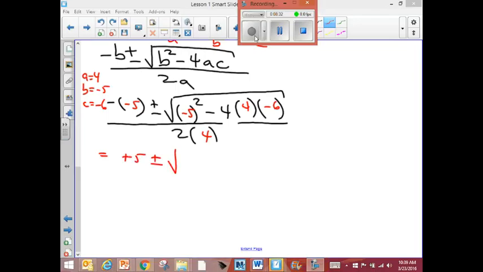You'll have to finish the rest. 25, any number squared becomes positive. This is going to be plus something, 16 times 6. Anybody get an answer for what 16 times 6 is? 96. All right, and that's a plus 96